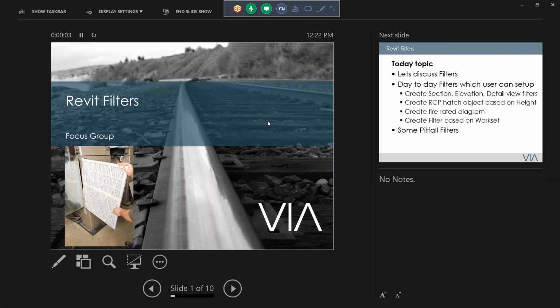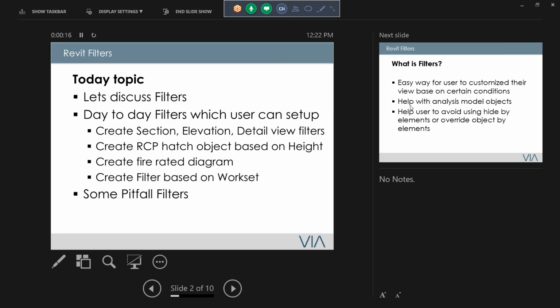You know, the funny thing is trying to look up anything online for Revit filters. The only thing I could find is just filters from the dot. So there's your filter. Today we're going to discuss filters, what we use day-to-day, and what the user can set